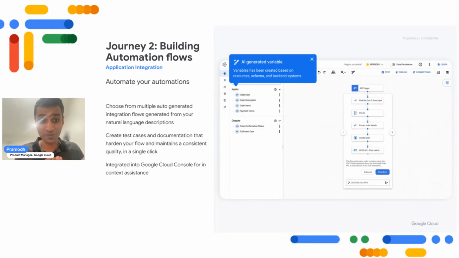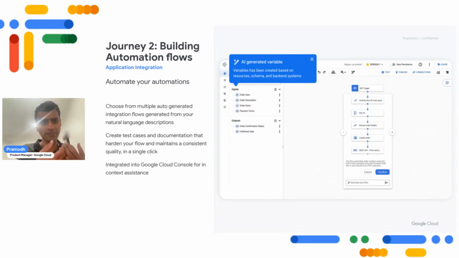One is writing documentation. How often have you all shied away from, oh, I need to write another documentation, or writing test cases? How could Gen AI make sure what you're building is much more robust and strong, so that it has the quality which is expected? And all of this, going back to the talk which I shared, has to be available and accessible in the place where you are.